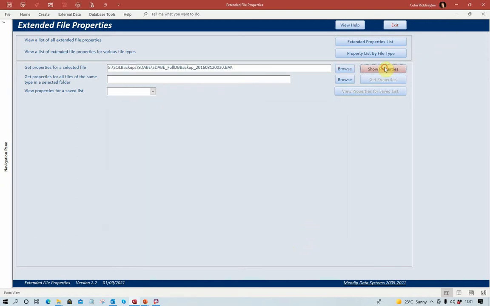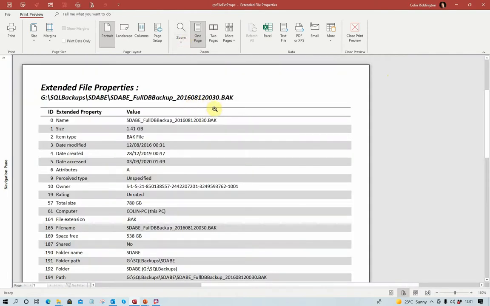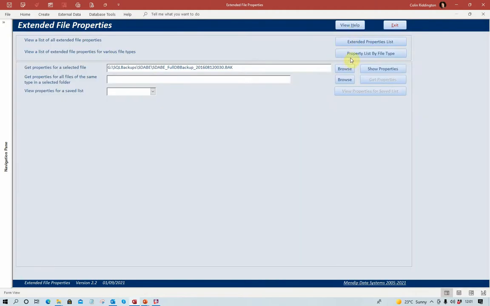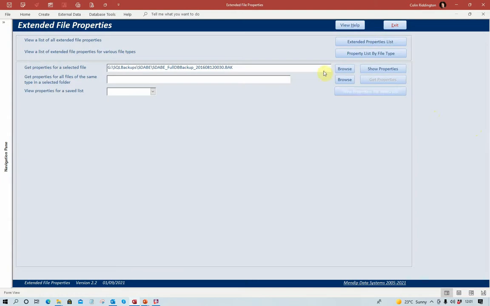And if I now click Show Properties, although the file size is enormous, getting the actual properties takes only a split second or so. And as you can see now, we've got 24 different properties for that file: file size, file type, when it was modified, when it was created, etc, the extension, the folder name, etc. And if I now close that and go back to here, you can see BAK has been added in that particular space there automatically without me doing anything at all. Let's do one more,